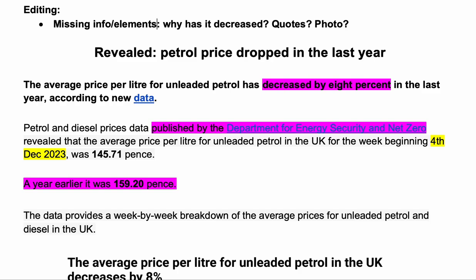So that's a walkthrough of editing a story. As I said, this is a good, well-written, well-structured story. There's not a lot of work that needs to be done. Most of it is about simplifying and stripping back, removing information that the story will work without. And that's always the test. If you can remove a sentence and the story still makes sense, then it probably is the right decision to remove that sentence. And